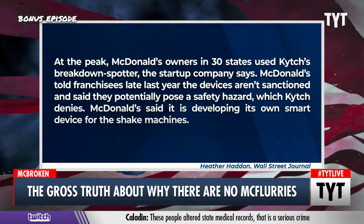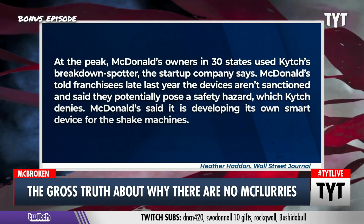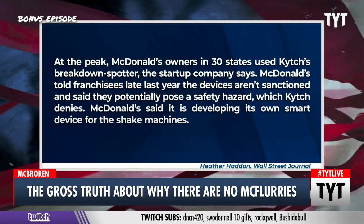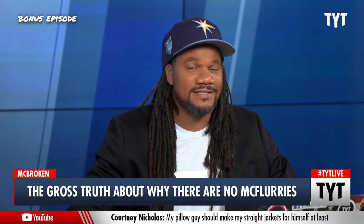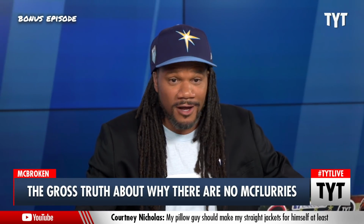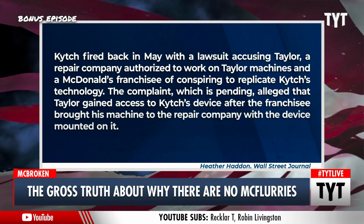And McDonald's told franchisees late last year that the devices aren't sanctioned and that they may potentially pose a safety hazard, which Kitch denies. McDonald's said that it's developing its own smart device for the shake machines. That last line is very, very important here. McDonald's is developing their own device that will give them in real clear English what's going on, not the Kitch devices. Now, Kitch fired back in May with a lawsuit that accused Taylor, who's the company who makes the original devices,